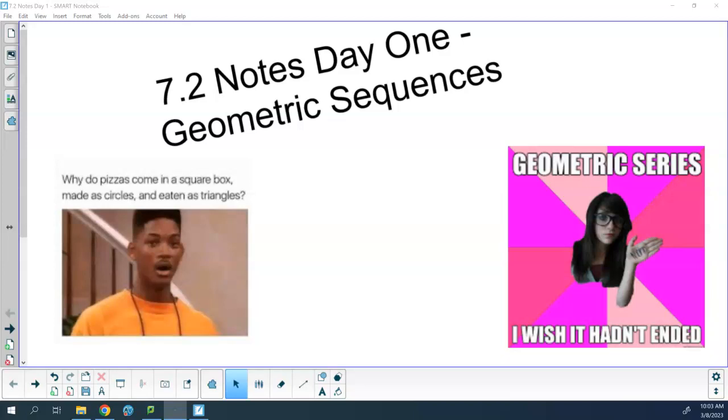To start, geometric sequences. Tomorrow will be geometric series. Friday will be applications of geometric sequences and series. And we're going to take a formative on Friday. Next week, Monday,